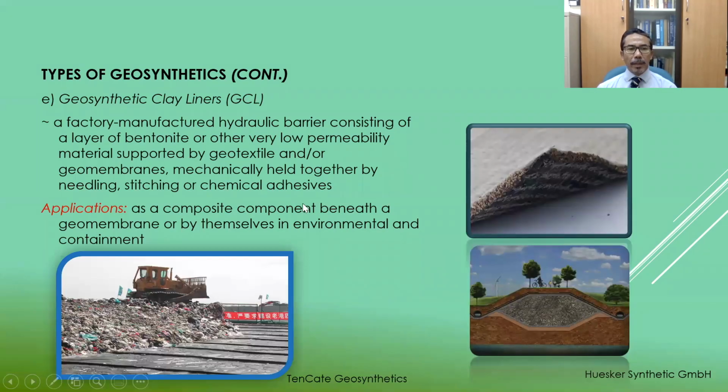The fifth type is what we call Geosynthetic Clay Liner or GCL. This GCL normally consists of two sheets of geosynthetic materials. It could be geomembrane, it could be geotextile, and clay materials, normally bentonite, sandwiched between these two geotextile or geosynthetic sheets. If you look at this photo, we can see this is the clay material sandwiched between these two geosynthetic